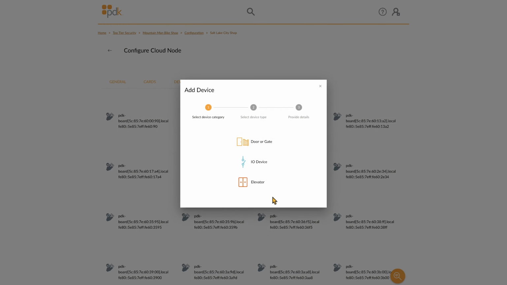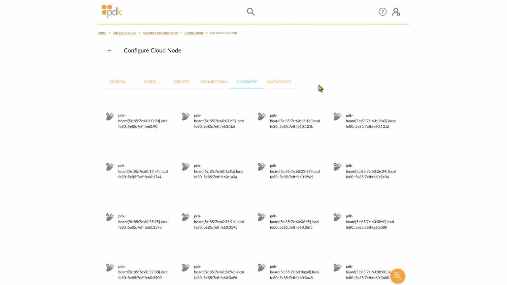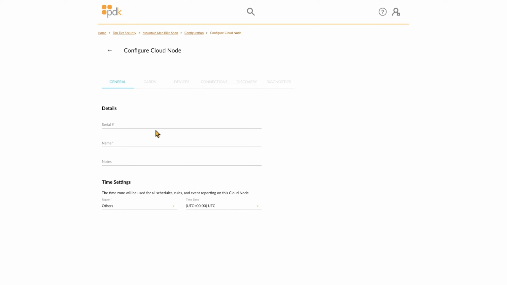You will then follow the same familiar process of bringing the controllers online. After completing these steps, this cloud node and its controllers are now configured and set up for system management. If your customer has multiple locations that they wish to manage, click on the new breadcrumb links to navigate back to the configuration page, hit the plus icon, and repeat the process of bringing another cloud node online and adding